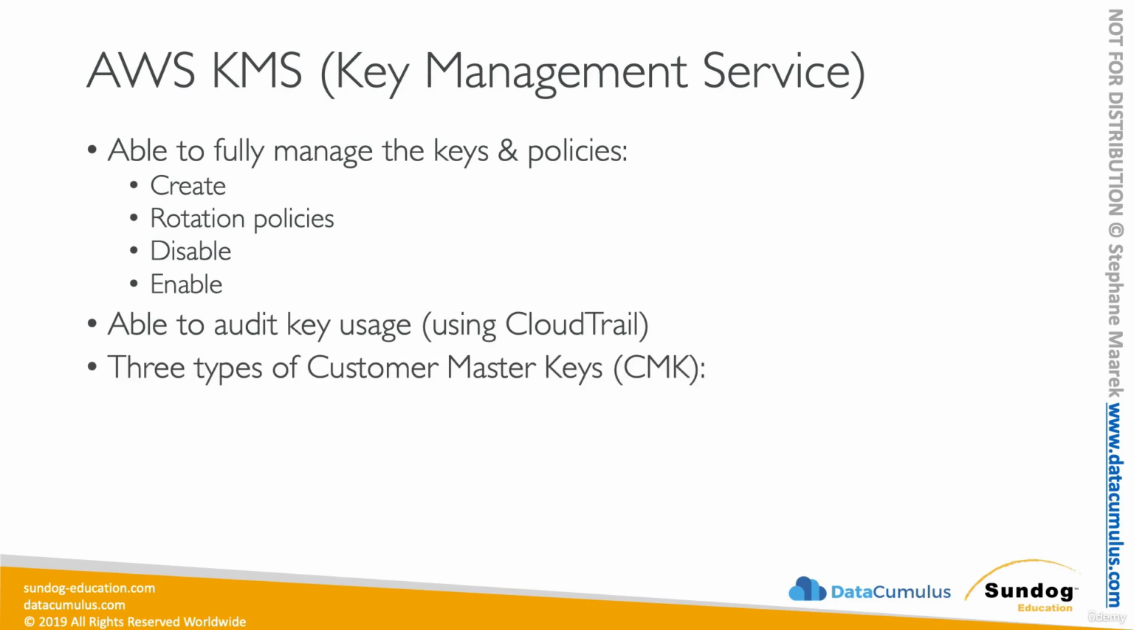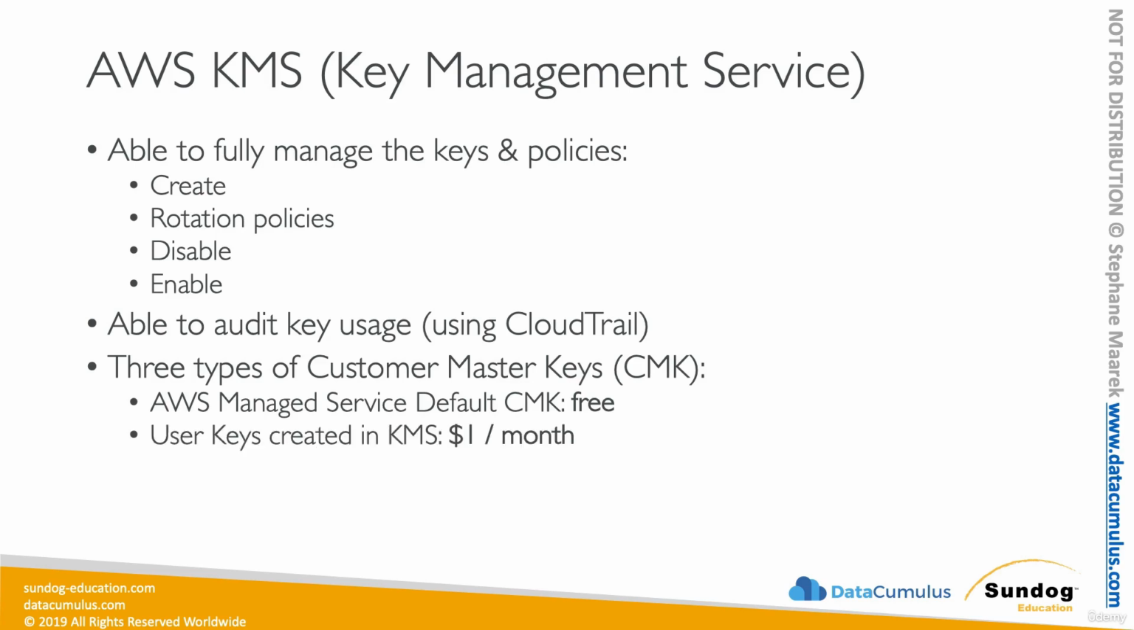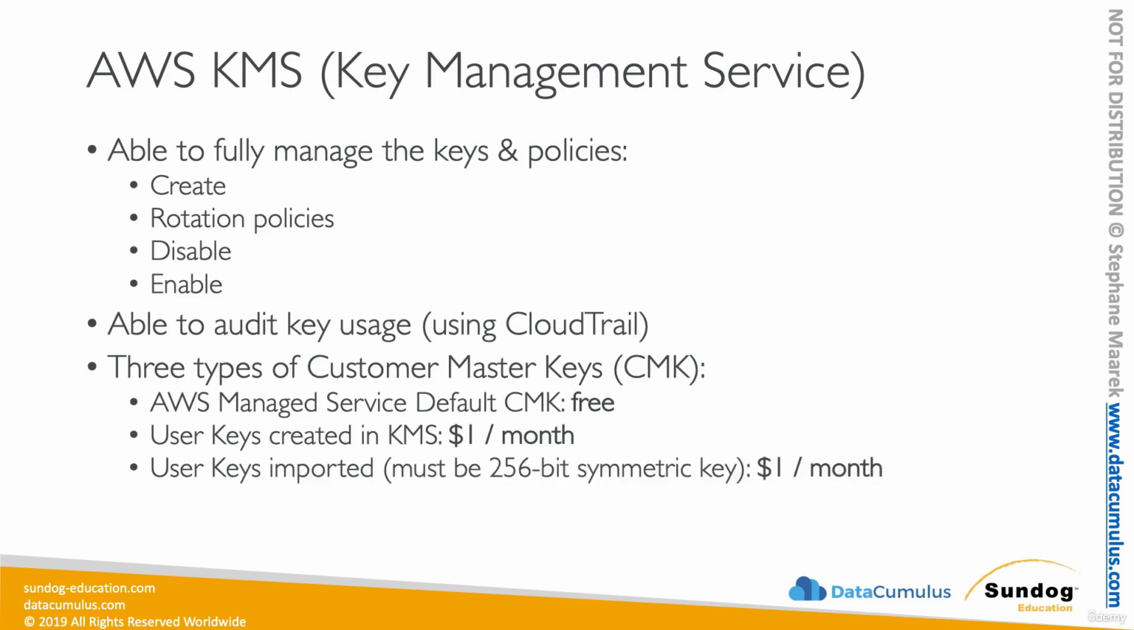And you have three types of CMK you can define. You can have the AWS Managed Service Default CMK, which is what you get for free for every service, for EBS, S3, all these things. Any service will have an AWS Managed Service Default Key. You can also create your own keys for $1 per month, or you can import your own keys. You basically create them on your own, and then you import them into KMS, and that's $1 per month as well. And then you're going to pay for each API call done to KMS, so 3 cents per 10,000 API